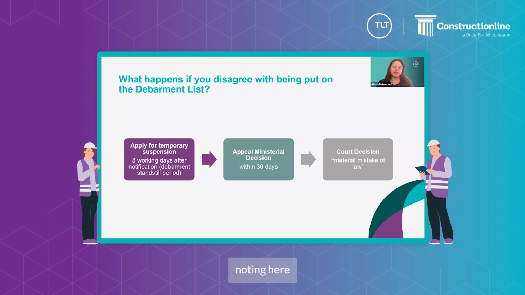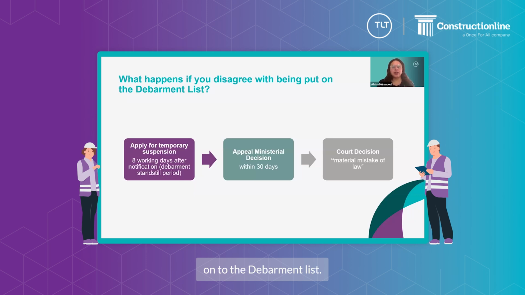So it's worth noting here that the debarment list is a new feature which has come into place as a result of the Procurement Act, and it's a centralised list which will contain excluded and excludable suppliers. And essentially, where a contracting authority excludes a supplier, it must notify the Cabinet Office that it has excluded them. And then it may be that a ministerial decision is made to add the supplier onto